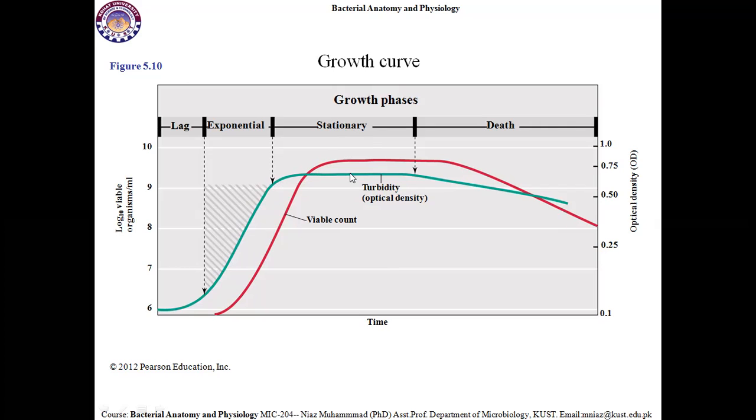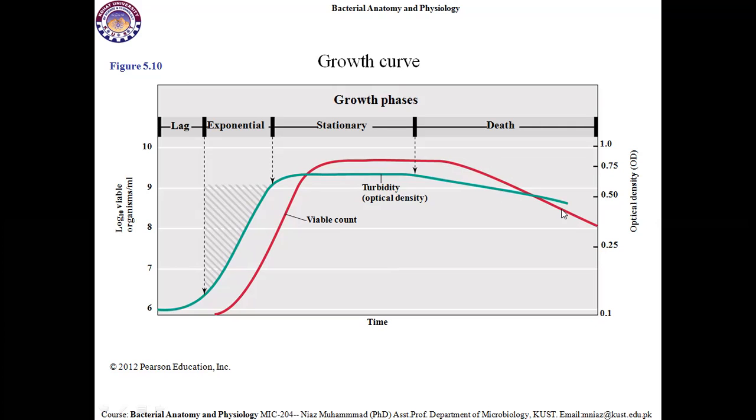The similar number of microbes are dividing and similar are dying, and it is almost at a stationary phase. Neither they are going to increase, neither going to decrease because nutrients are in limitation. Nutrients are limited due to excess amount and higher concentration of waste material, and nutritional concentration is going to reduce. And in death phase,